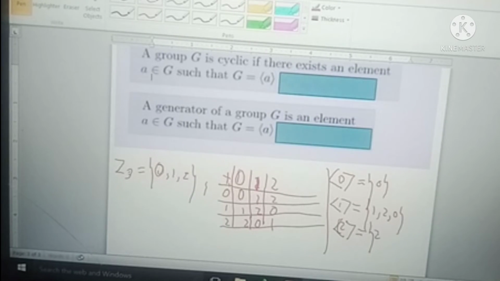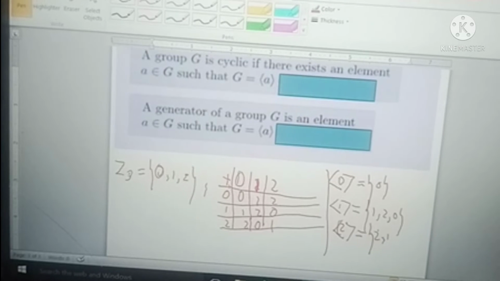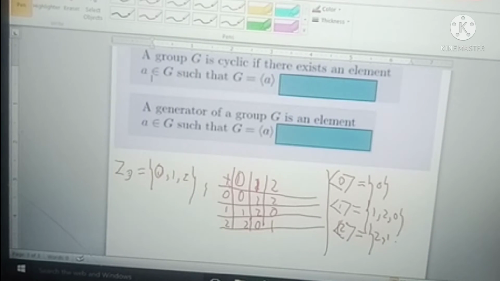2 plus 2 is equal to 4, modulo 3 is equal to 1. 1 plus 1 equals to... no, it does not apply. 1 plus 2, and 2 is 3, modulo 3 is equal to 0. So meaning